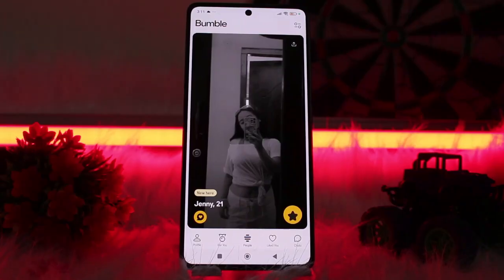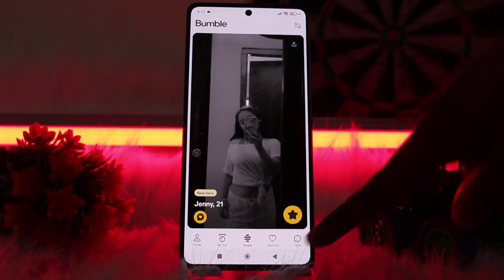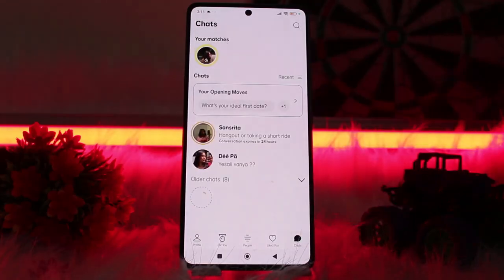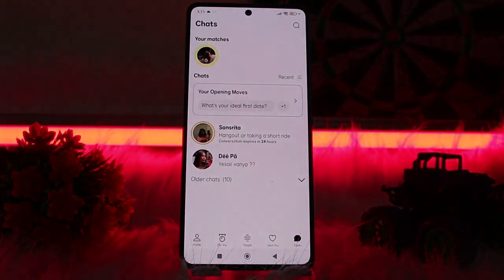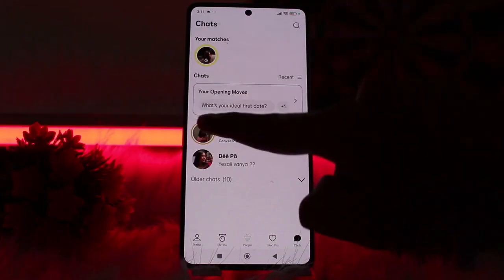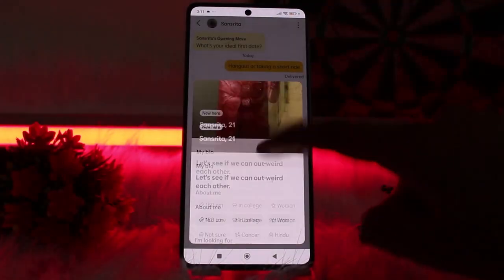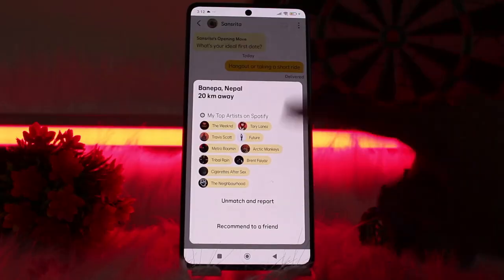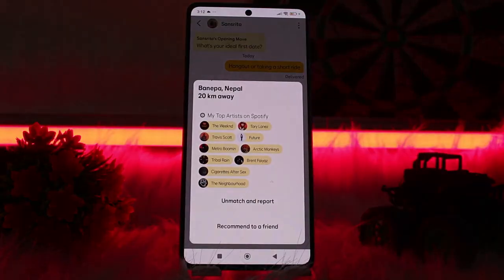Now if you want to block someone, then you need to go to the option of chat, where you will be talking with the person who has liked you or not. Now if you want to block them on Bumble, click on the profile. After that, you will see the profile, so you need to scroll down until you see the option of unmatch and report. By doing this, you will be able to access the block option,